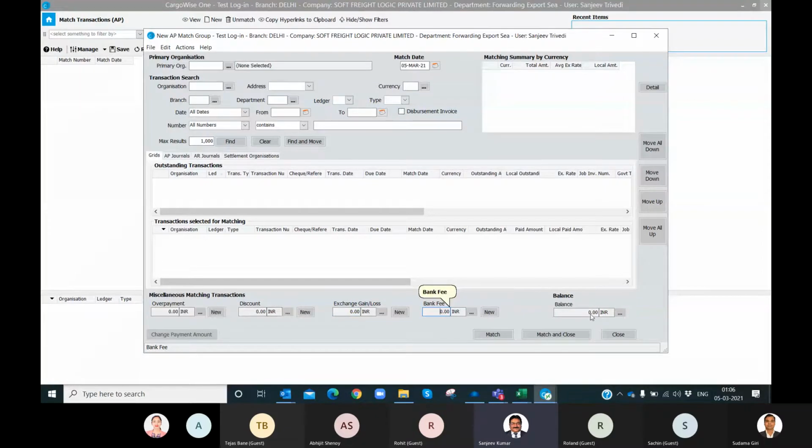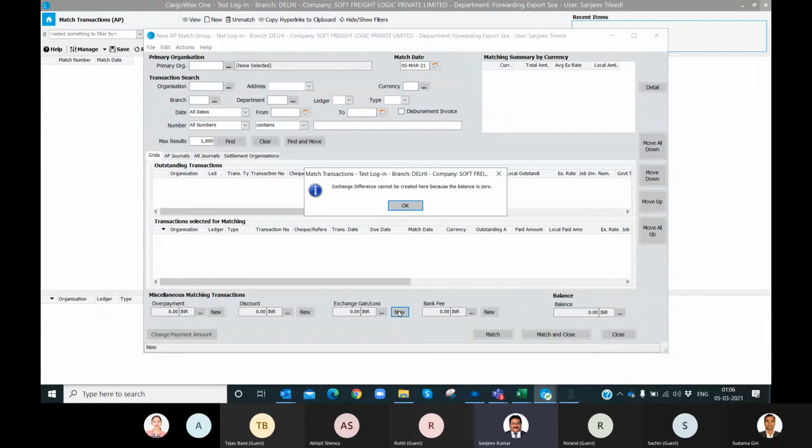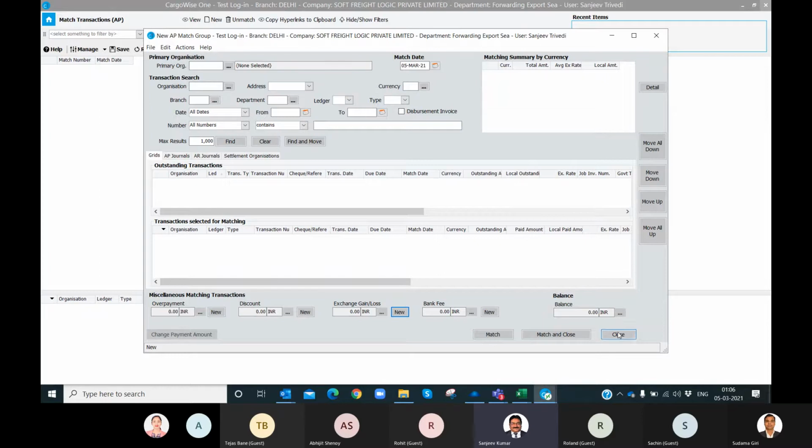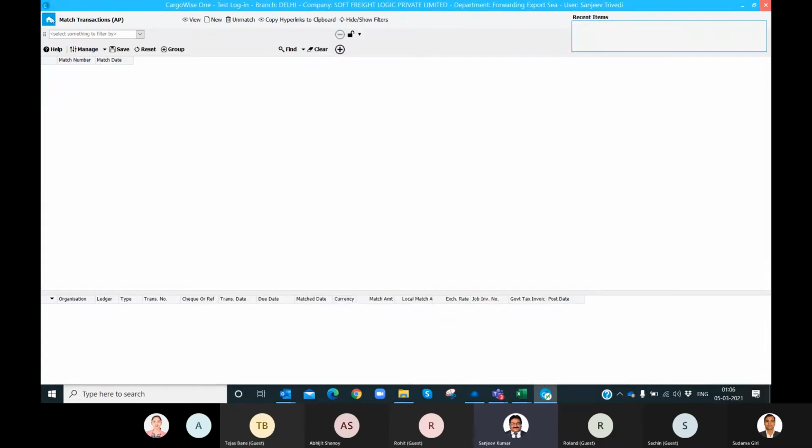Suppose there is a certain mismatch and the balance is showing 10 INR or 20 INR, or if it is in USD, 10 USD, 20 USD, and you find out that this balance is related to exchange gain loss, you can click on exchange gain loss, new, it will ask for the amount, and we can pass that entry from there only.